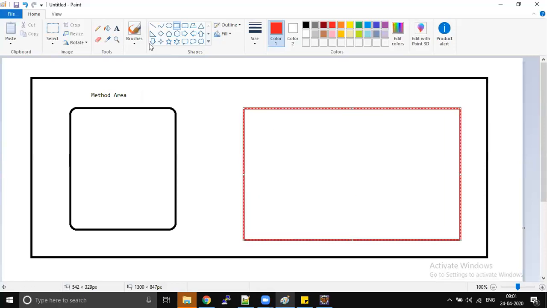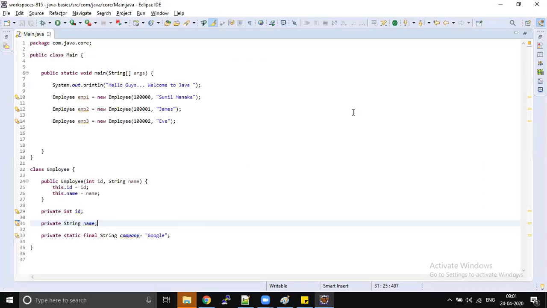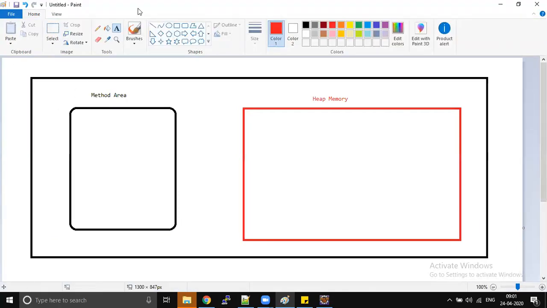Can somebody say how many objects we created here in the main method we wrote? Totally how many objects? 3. Yes, there will be 3 objects in my heap memory.